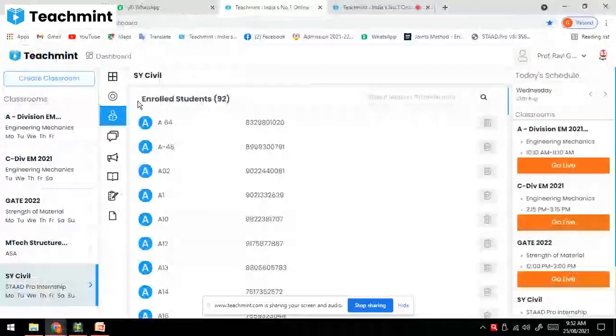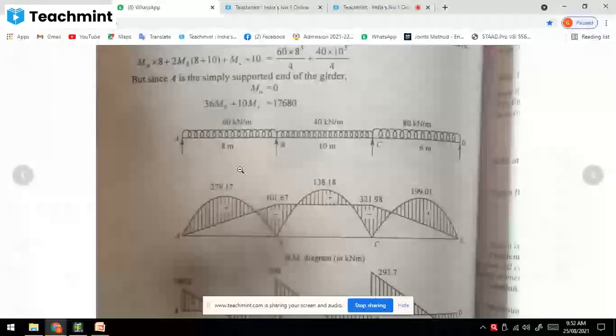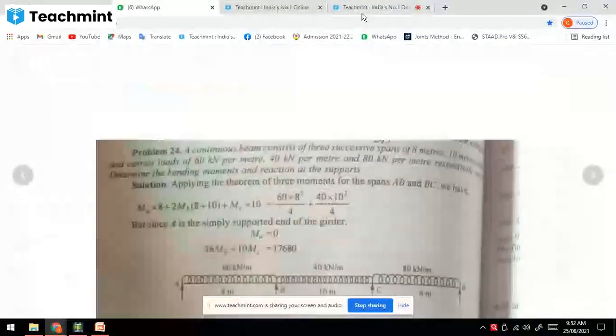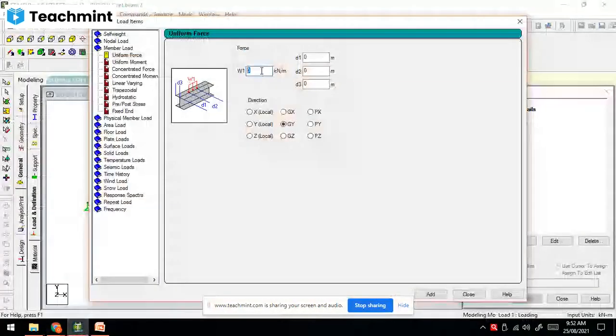If you see, it is 60, 40, 80. So minus 60, 0, D1, D2 is your span, 8 meter, global Y, add.